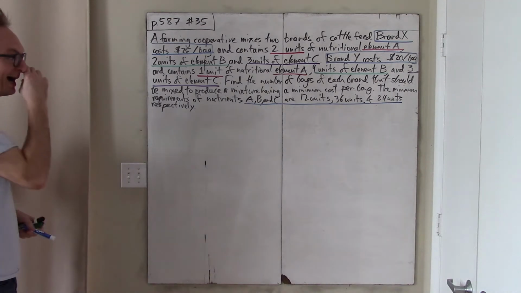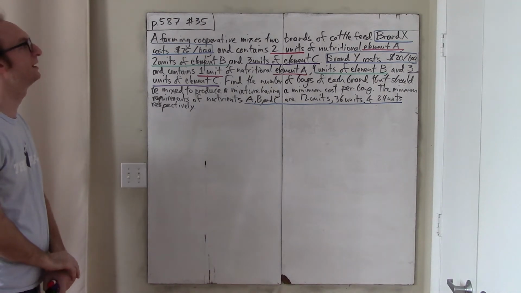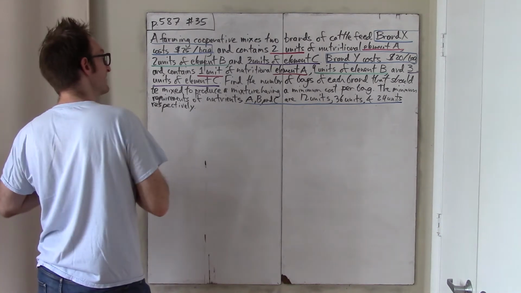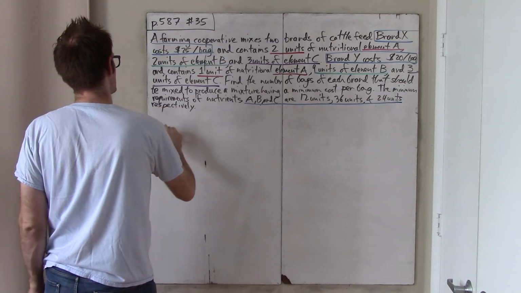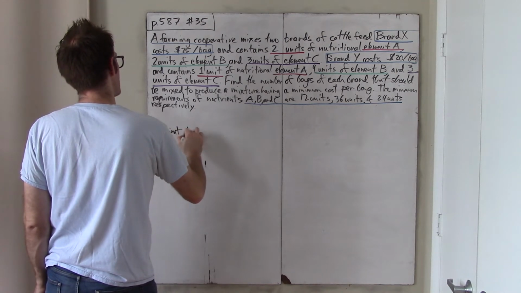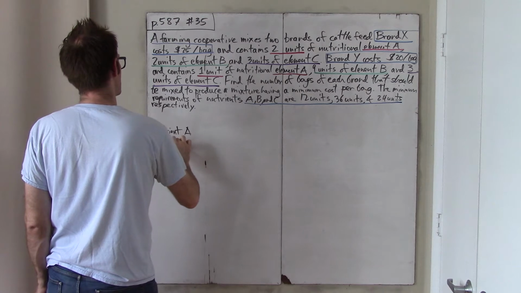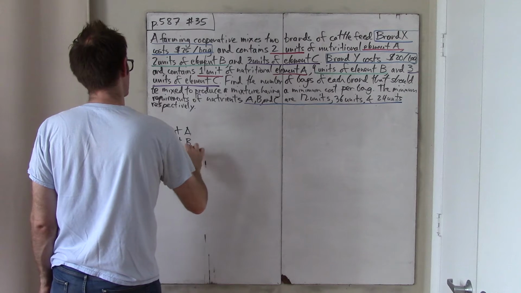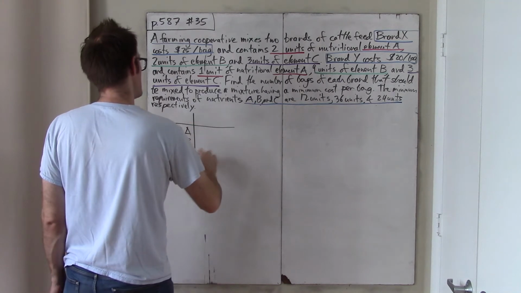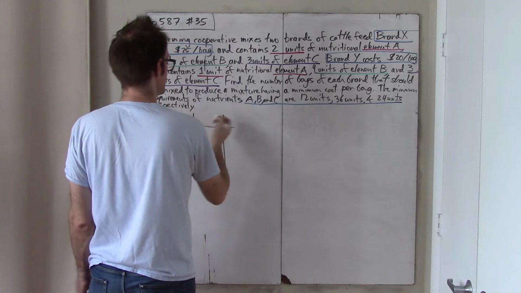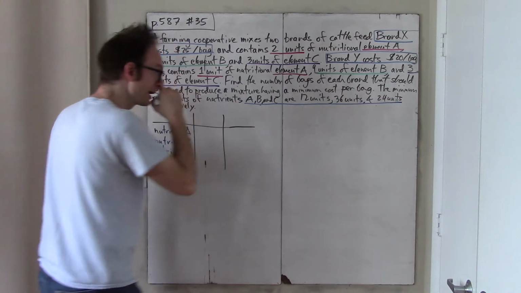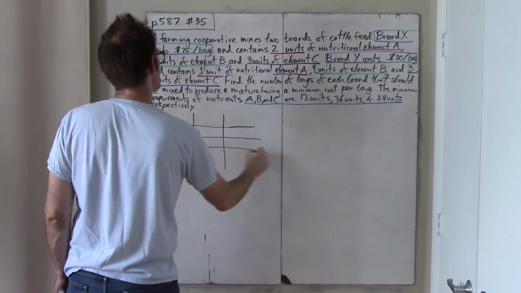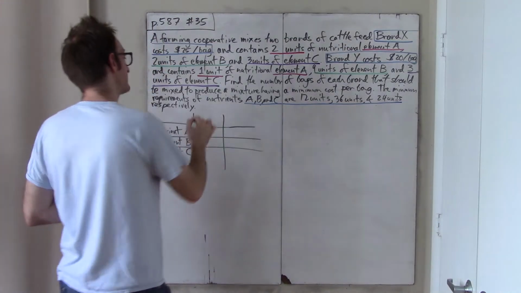Okay, so, let's begin. Well, I think we should summarize this information into some kind of a chart. So we really have 3 things: there's nutrient A, there is nutrient B, and there is nutrient C. And there are several things to know about these nutrients, but what I care about now is how many units of each nutrient appear in each of the two different types. So if this is brand X,